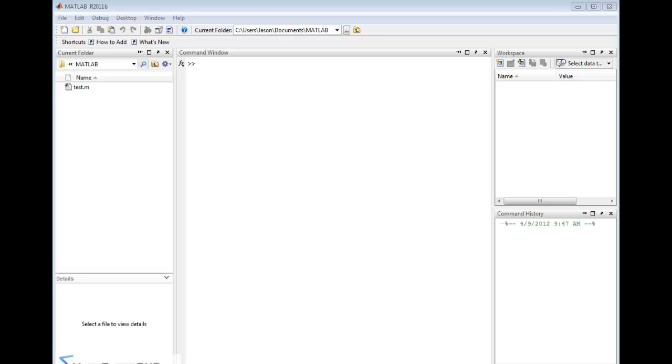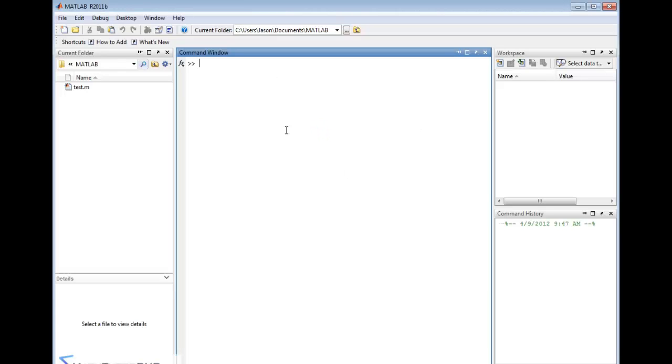In this section, we're going to learn how to solve simultaneous sets of equations, and we're going to do it symbolically. So we'll be using the Symbolic Math Toolbox. In order to do that, as we've discussed before, we need to set some symbolic variables up. So we'll do a symbolic variable x, symbolic variable y, symbolic variable z, and we can see those pop up